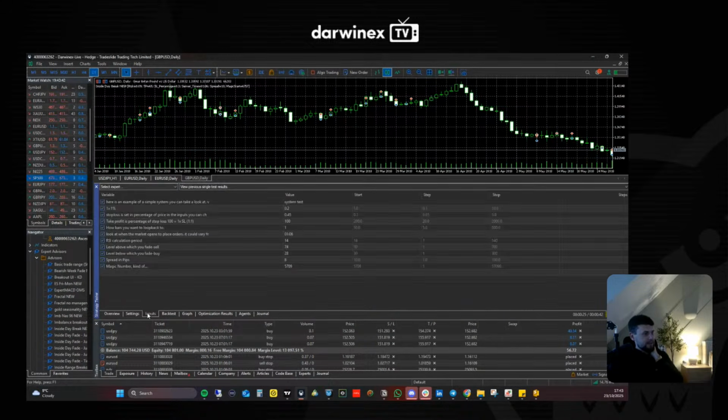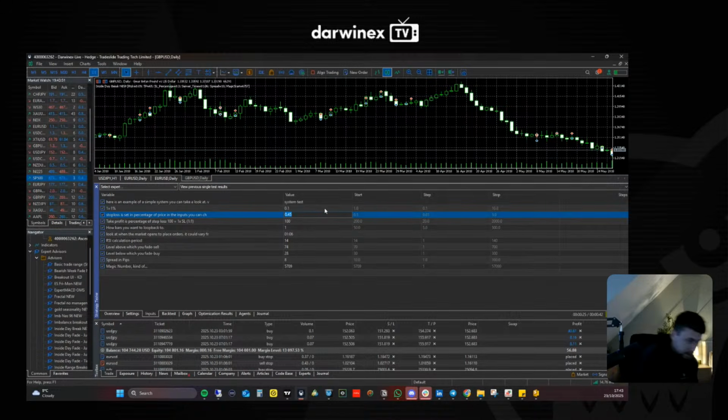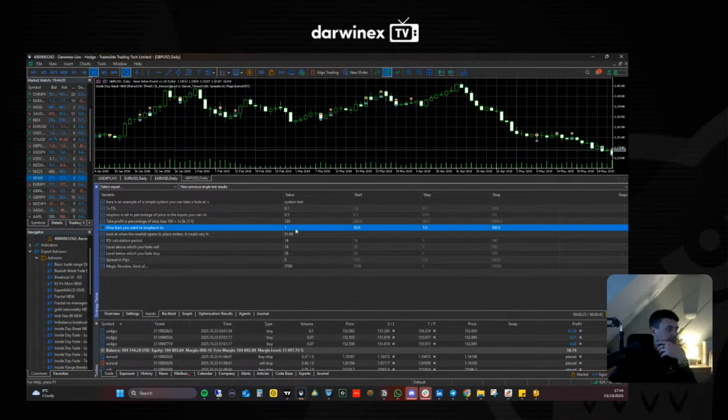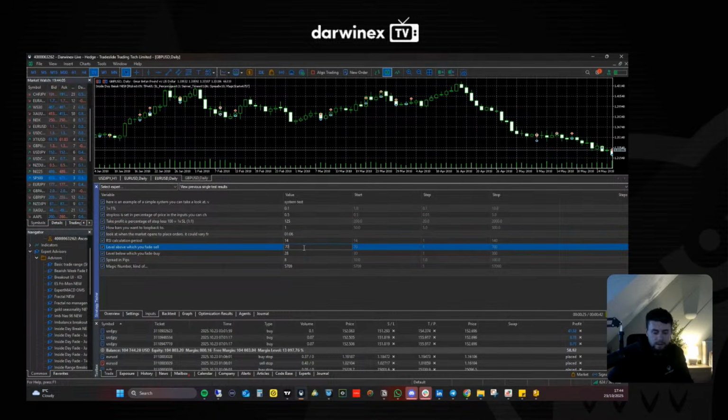Let's try it without all these filters. So we'll go 0.1. This is the battle I had earlier. I spent so much time thinking of these filters, and I couldn't get it to beat the base version of the strategy, which is, you know, simplicity is key, right? I literally said that this morning. Let's give it slight edge. 125. How many bars? 1, 70, 30 with a spread filter of 10.